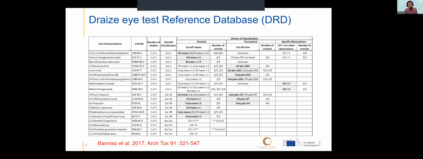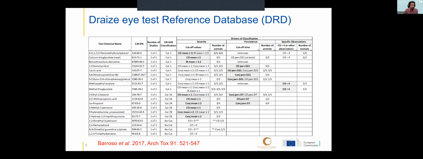The main driver for each chemical was identified as the one having the highest number of animals fulfilling the classification criterion. For instance, for category 2 chemicals, between corneal opacity, iritis, conjunctival redness, if all of those had more than 60% of animals fulfilling the classification criteria, the main one would be the one with the highest number of animals fulfilling that criteria. And you can see a glimpse of the database where you see the chemicals grouped according first